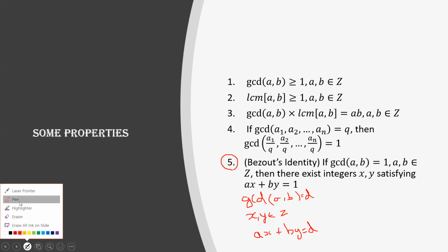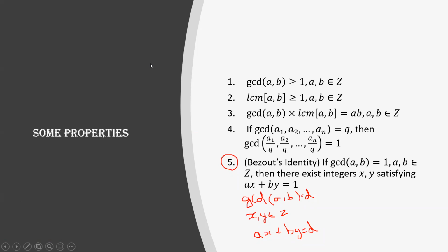I think I can give some time and you can try proving this. So let me tell the question again. You are given that GCD of two numbers a and b is equal to d, where d is a positive integer, obviously. You have to show that there exist two integers x and y which satisfy the relation ax plus by is equal to d. Can someone show that this will be true? Any ideas?